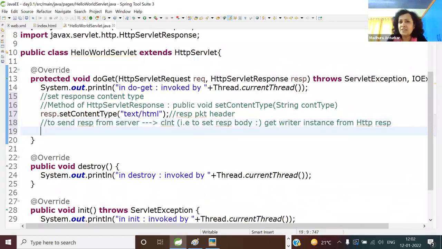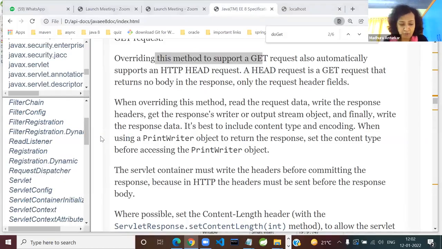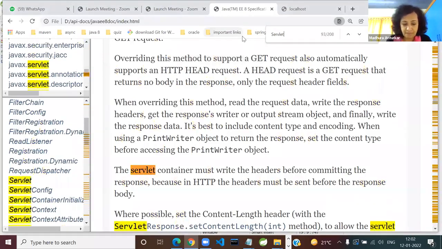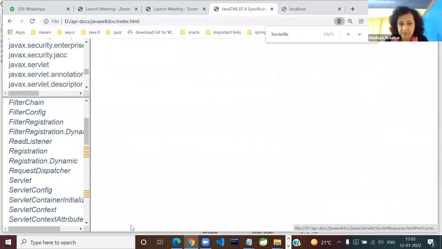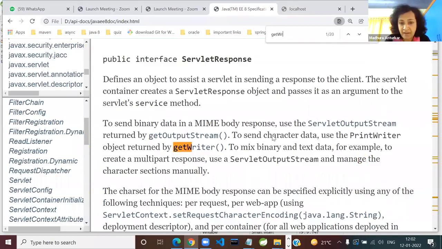The method name itself is get writer. So you have to do it systematically. So if you check, look for servlet response, Control F. If you see servlet response API, you will find a method there. Look for the method get writer